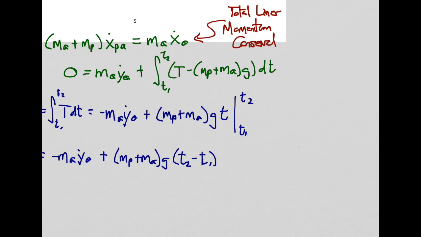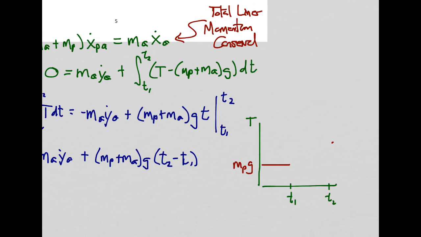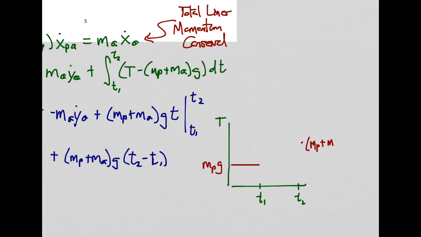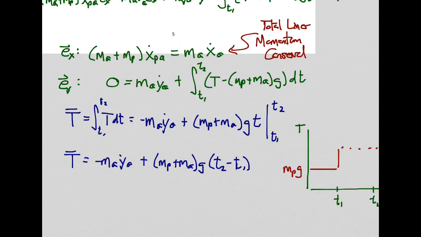And what this impulse looks like in the rod, or what the force would look like in the rod, we're going to plot tension from t1 to t2. Before the impulse actually occurs, before t1, the tension in the rod is going to be constant, equal to m_P times g. Then right after the impulse occurs, it's not going to be constant because it's immediately going to move, but this point is going to be (m_P plus m_Q) multiplied times g. So we have an immediate increase to that same level, and then the remainder of the impulse